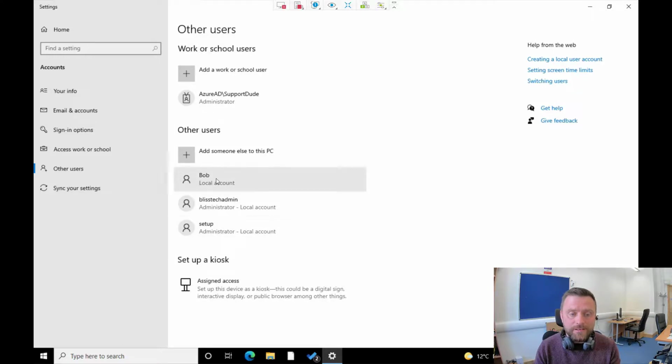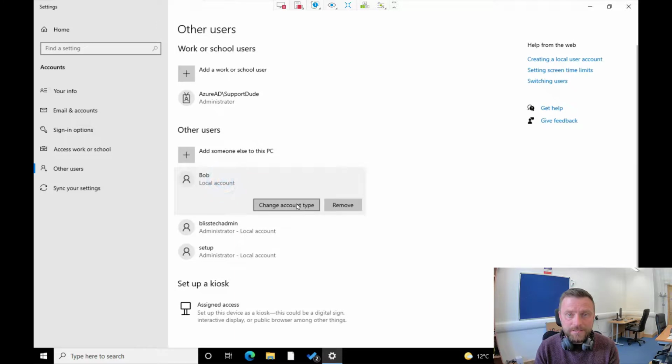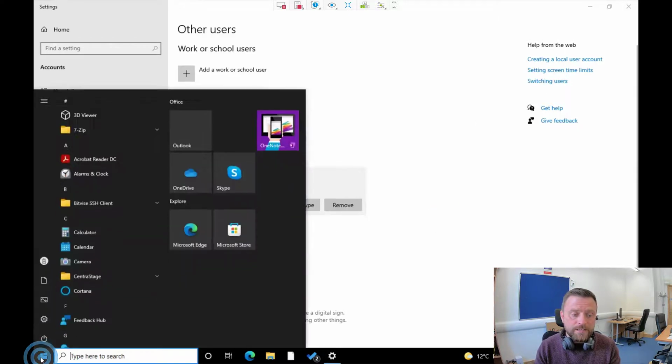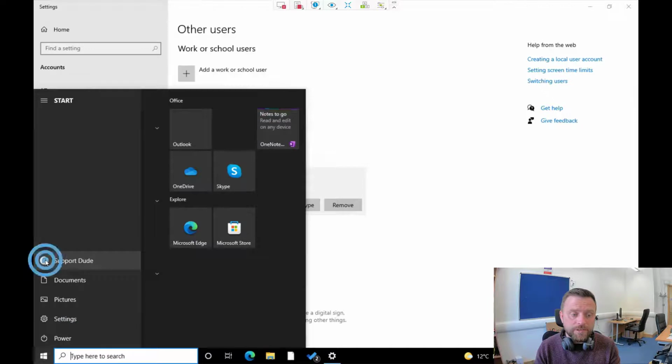So that would have created the local account. If we want to, we can make this account an administrator, so that people can install their own applications. So to do that, you click on change account type and change that from standard to administrator. But I don't want the person messing around with stuff on this system, so I'm going to leave them as a standard user. And then to log on to that account, they literally click on the start menu and click on our